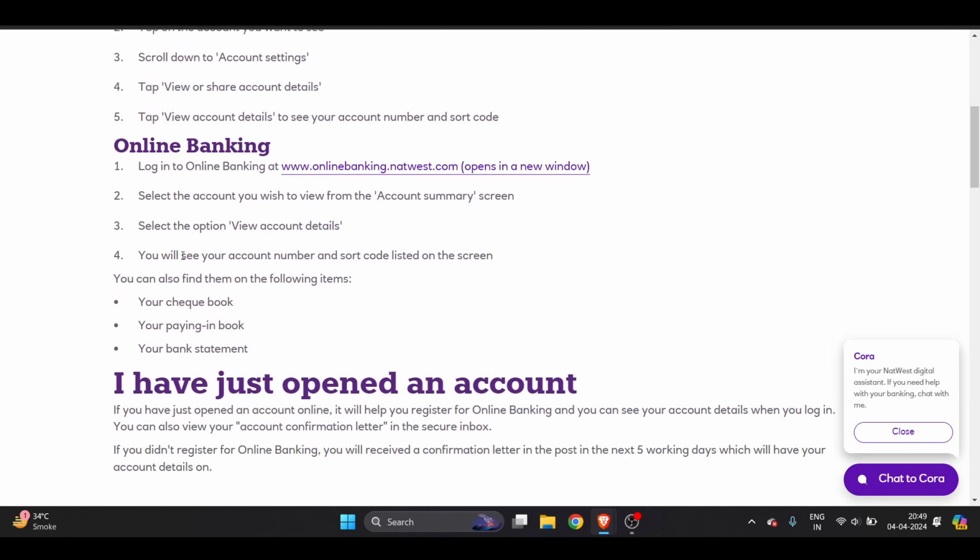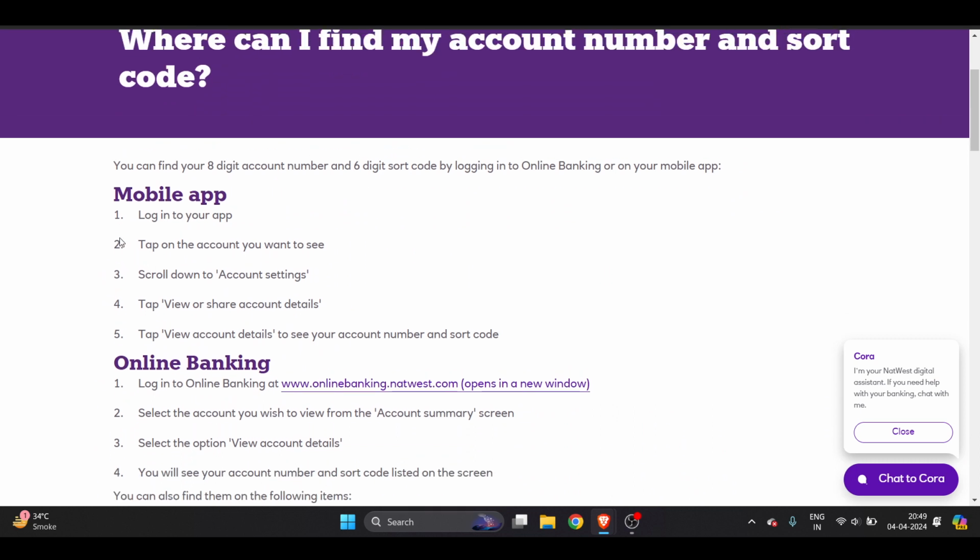By the way, this is for online banking. If you are in your mobile application, this is enough for you, and in this way you will find easily